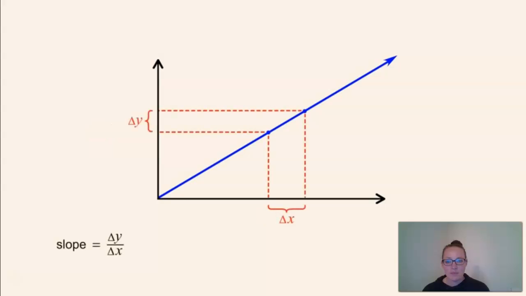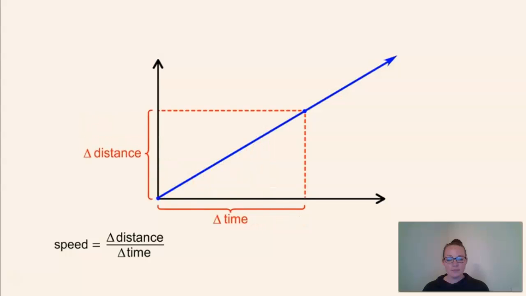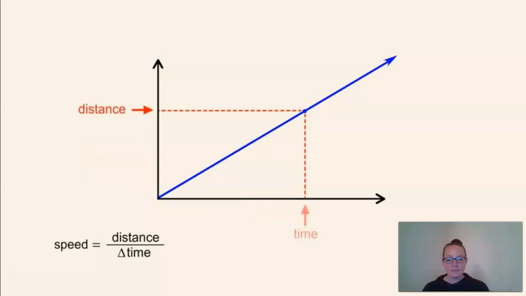Just as slope is defined as the change in the vertical coordinate over the change in the horizontal coordinate, speed is defined as the change in distance over the change in time. If the change in distance and time are measured starting from the beginning of the trip, then our speed is simply the distance divided by the time measured at any point along the trip, assuming, of course, that our speed